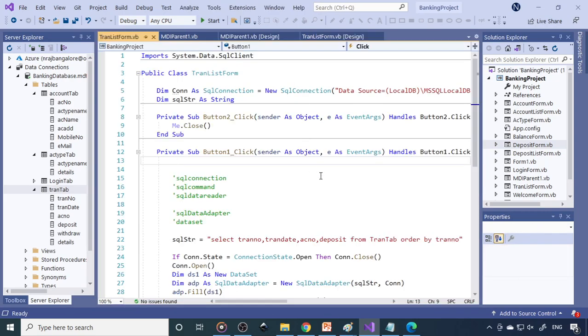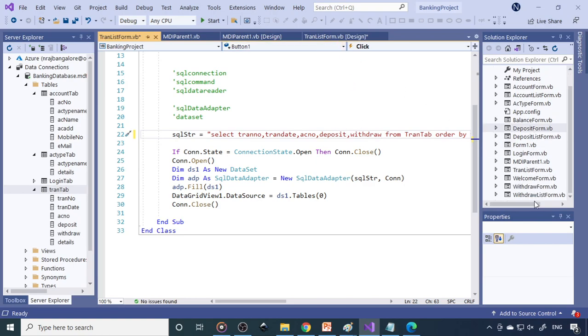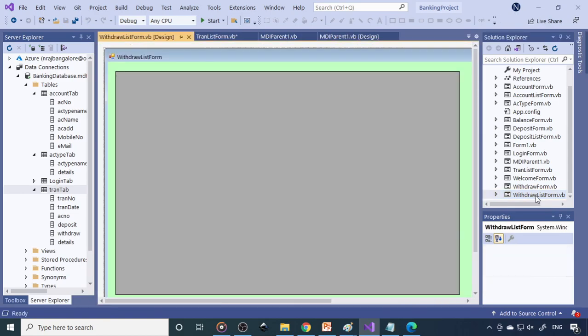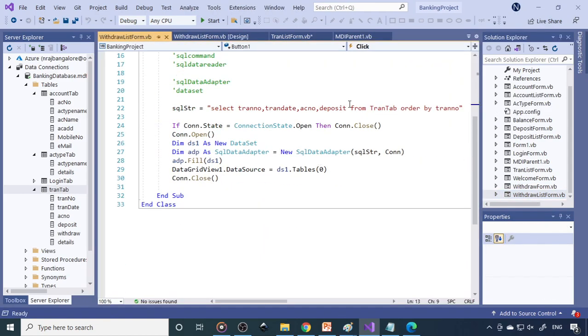If you click here, now you can see that deposit, comma, withdraw you have to take. Right, so if you go to withdraw, here you need to select only withdraw. You don't need deposit, you can only take withdraw. Done.